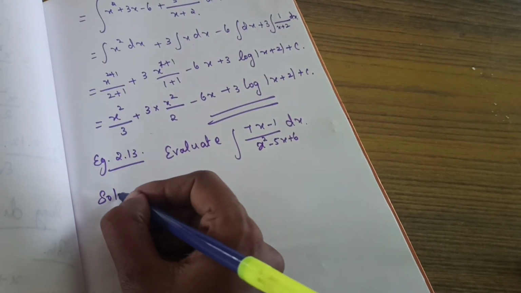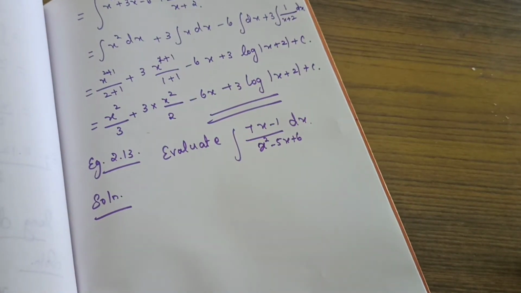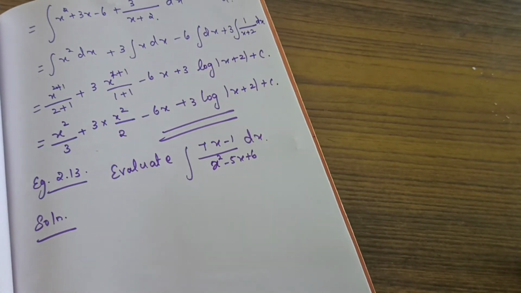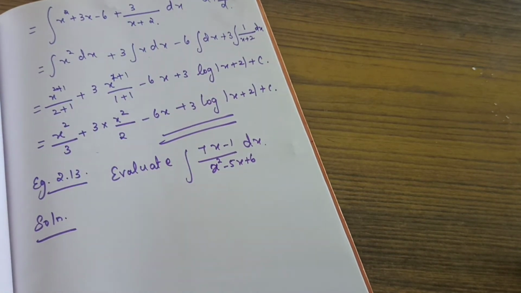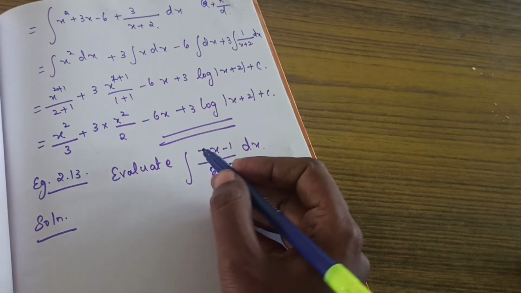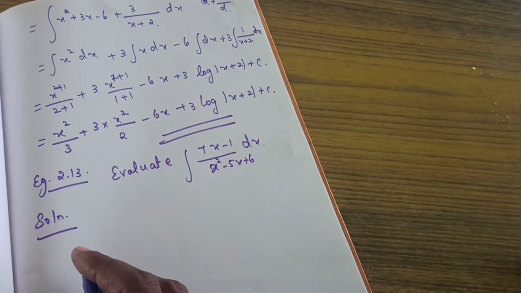Solution. Listen here students. If you are seeing this question, I think you can remind something, that is, last year in the second unit you have learned partial fractions. Is it right? So this problem is same as partial fraction. So here one integral is there, that's extra here. Okay. So how will you do?